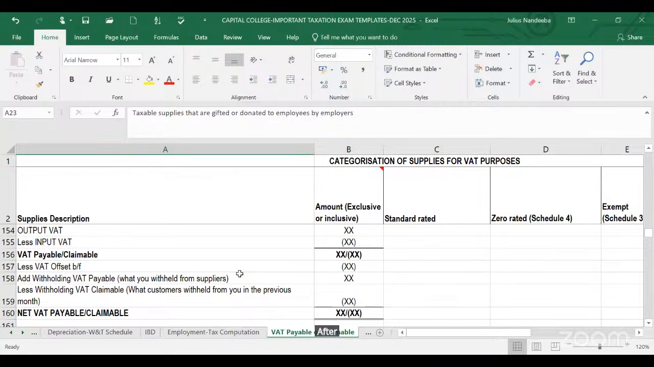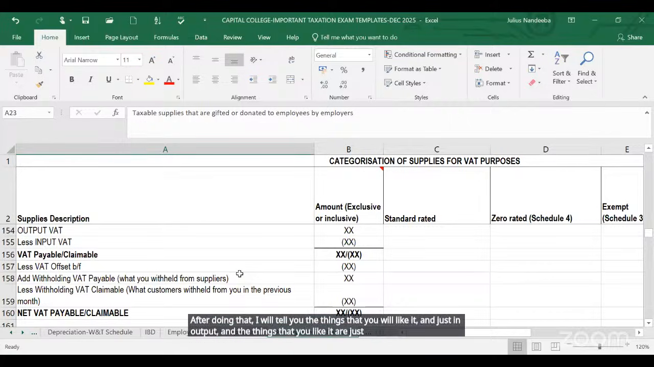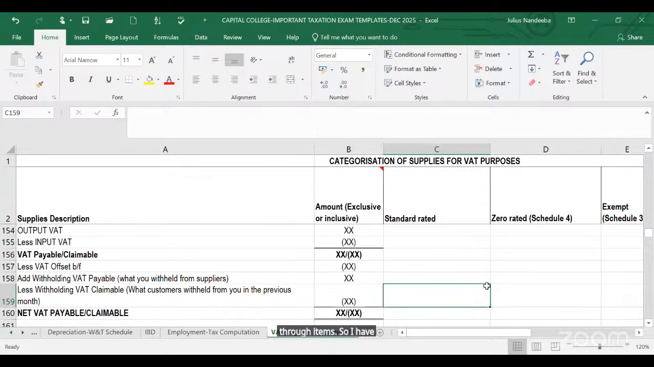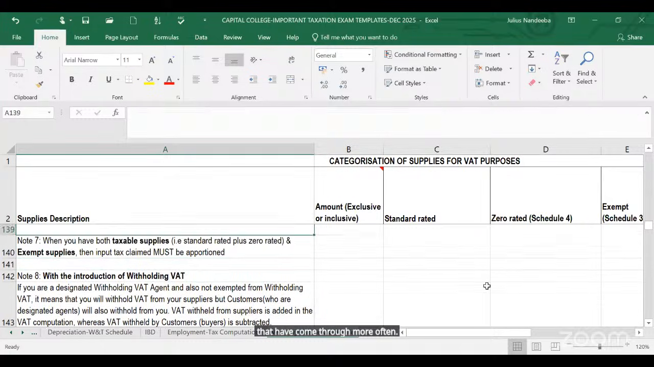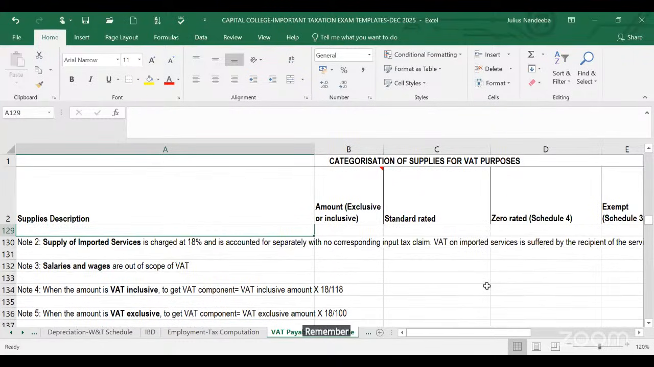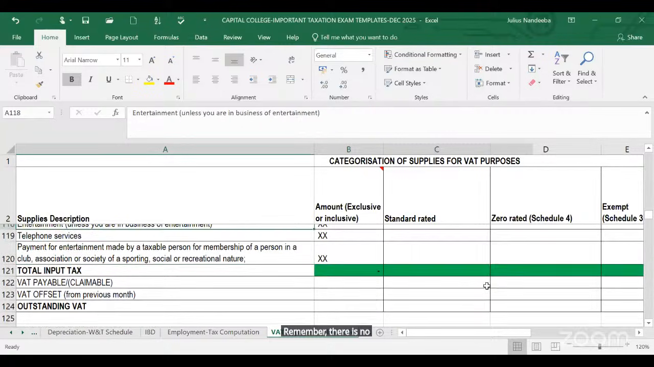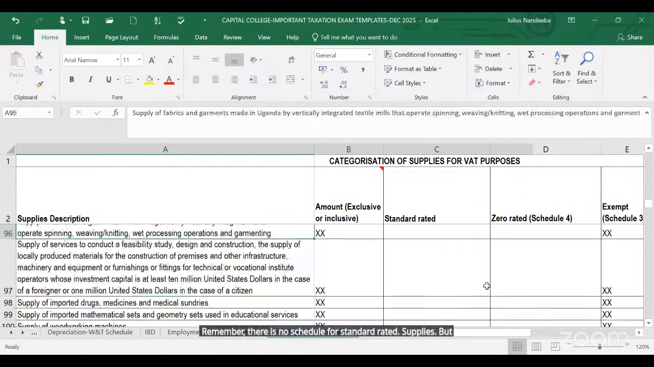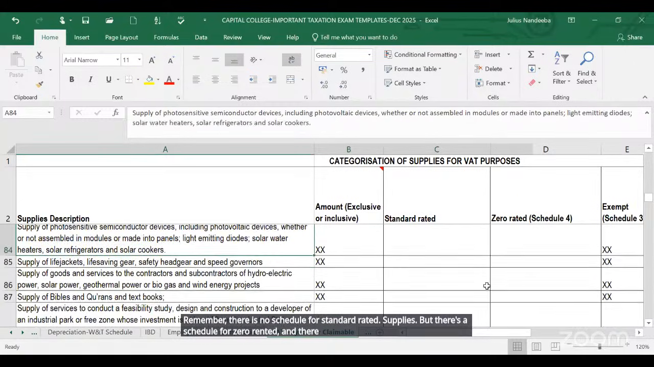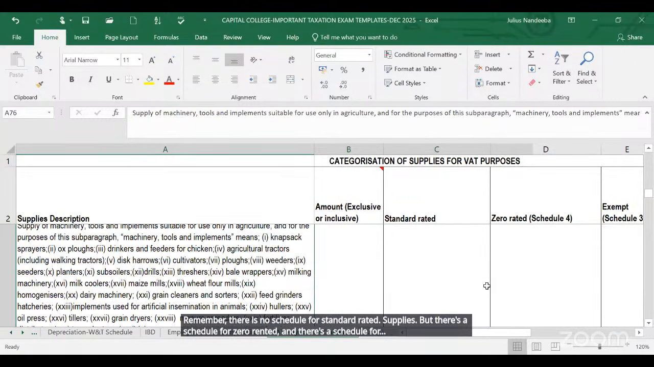After doing that, I will tell you the things that you are likely to adjust in output and the things that you are likely to adjust in the computation of input for us to be able to get those 2 items. So I have summarized some of the items that have come through more often as standard rated items. Remember, there is no schedule for standard rated supplies, but there's a schedule for 0 rated and there's a schedule for exempt. Now, when you're in the exam,